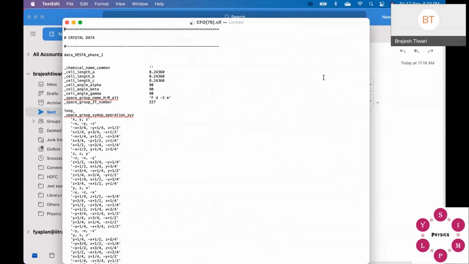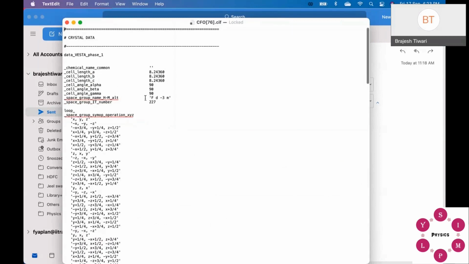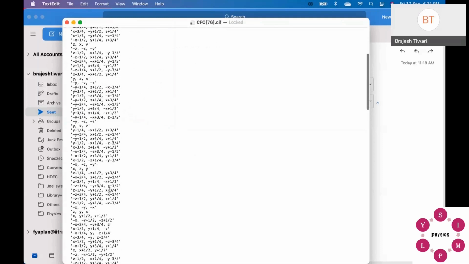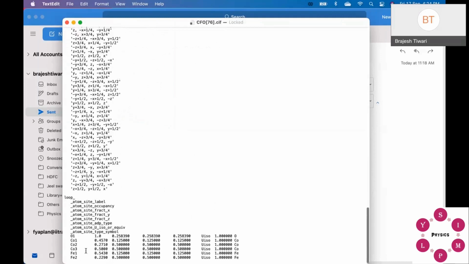So this is the lattice parameter CIF of your cobalt ferrite. So its lattice parameters are seen. It is a cubic, face-centered Fd-3m is the space group. And these are the symmetry operations, the rotational operations are given. And in the last it will be given the atomic position.